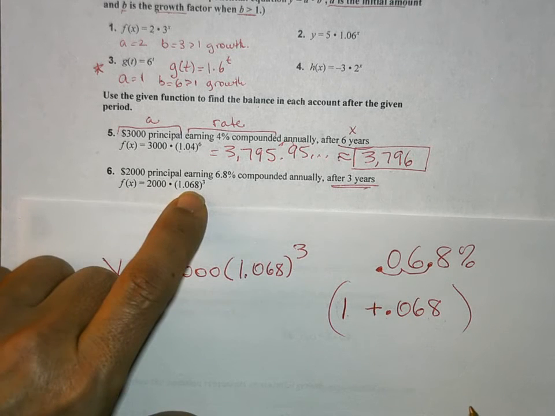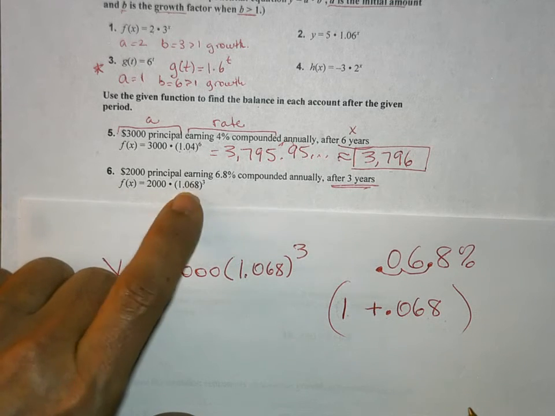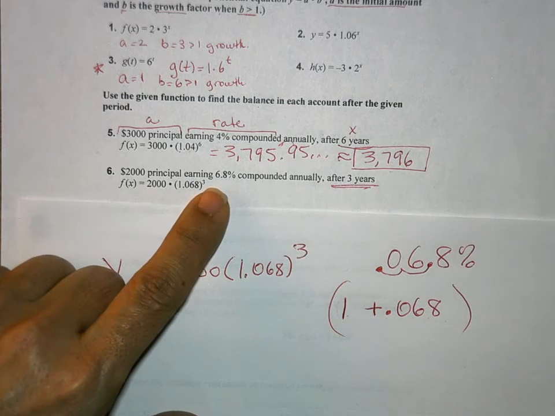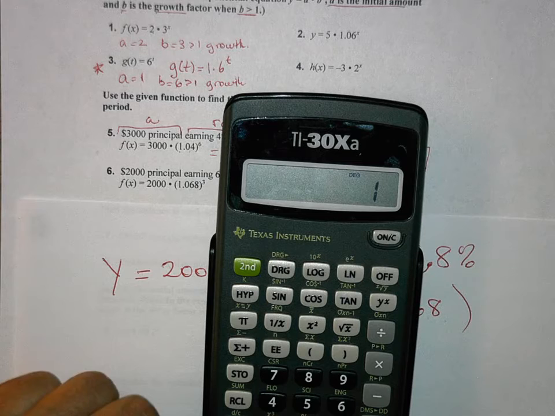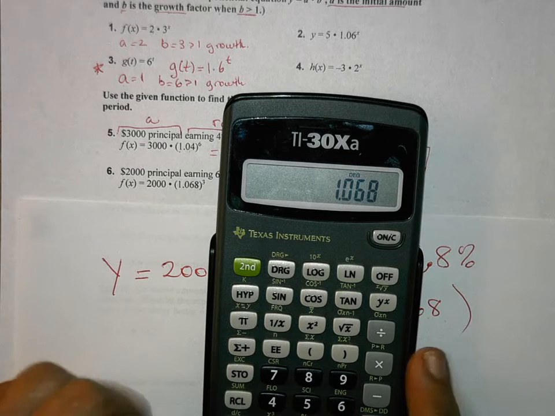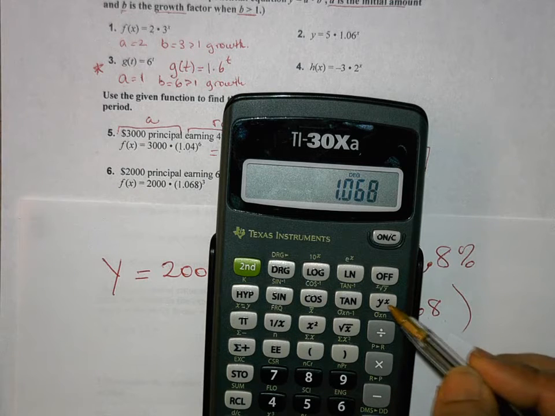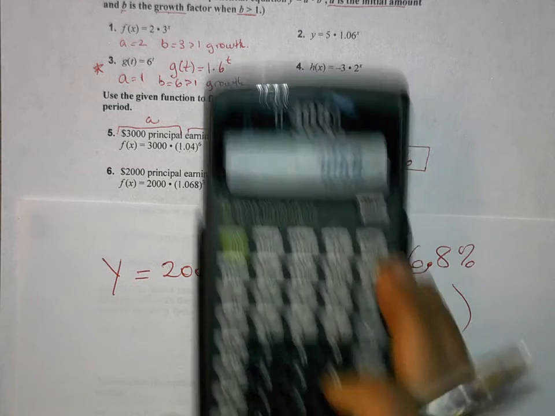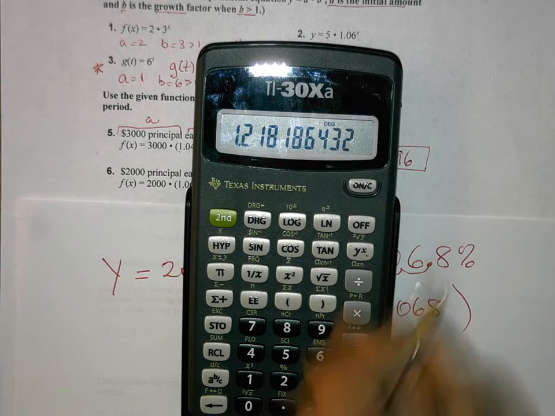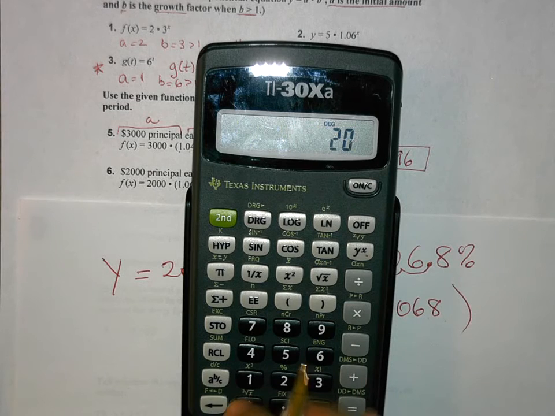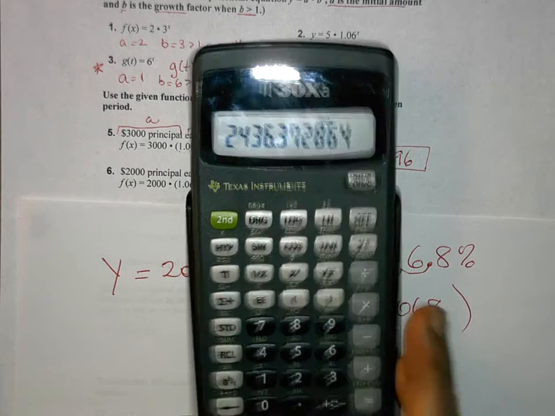Now do it in your calculator. 1.068 to the third power. So let's do it together here. I type 1.068. Then I push this function right here, y to the x. It doesn't seem like anything changed, but then I can type the third power and push the equal button. And then multiply it by the 2,000, which was my initial amount. And that equals